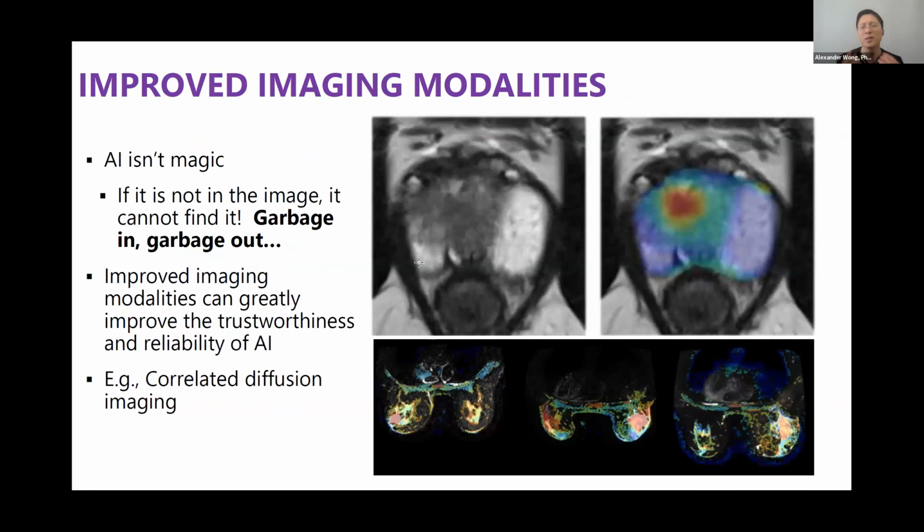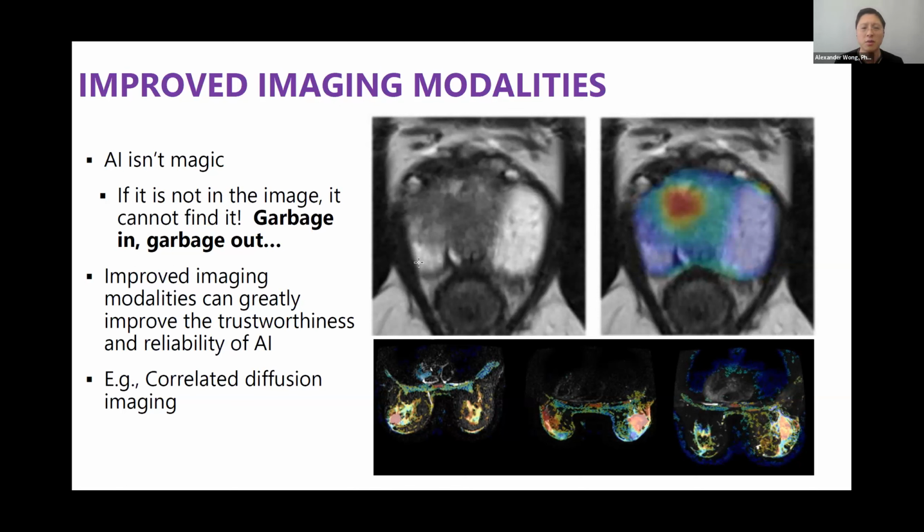Okay, so that's on the AI front, right? But again, AI isn't magic. One of the things that I always teach my students is that if something is not in the image, no AI can magically eke it out and find it. Garbage in, garbage out, right? A lot of times people try, okay, I'm going to tweak this model, and performance increases by this much. Great. But it's really about looking at the data, understanding what you're dealing with, understanding what it can do, and understanding what the modality can't do.